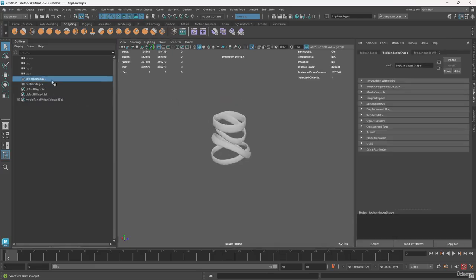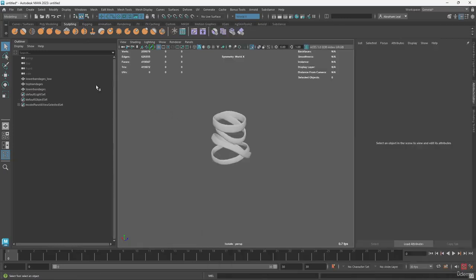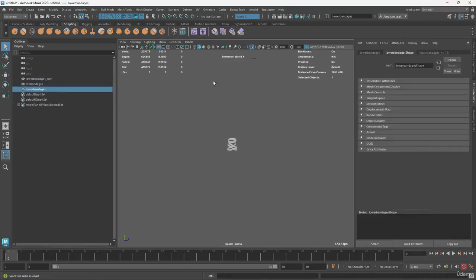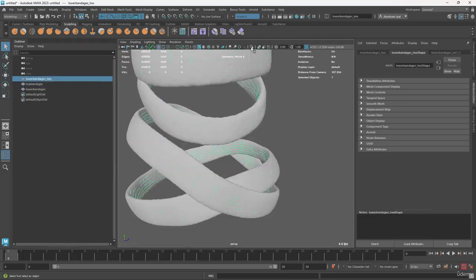So that's the top bandages, or this is actually the lower bandages low. So let's call them low. And we need to bring the lower bandages high, because they had the same name. Remember that when we have the same name, we get issues. So there we go. Now, what we're going to do here is, if we go to the lower bandages low,